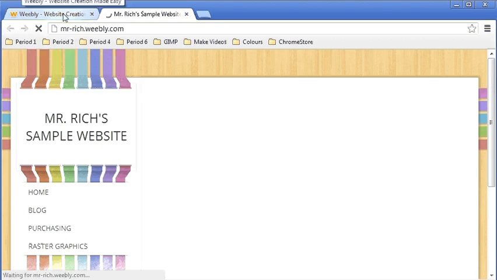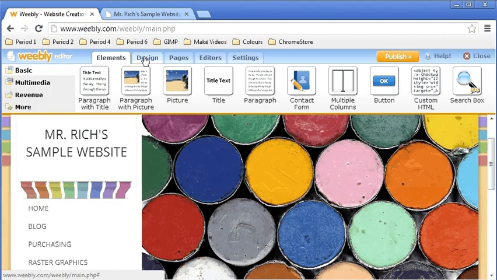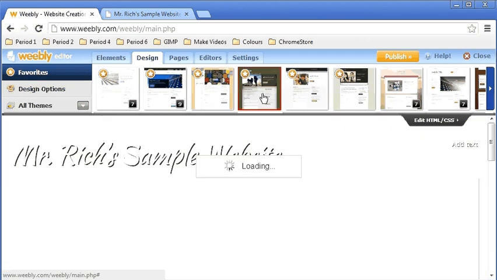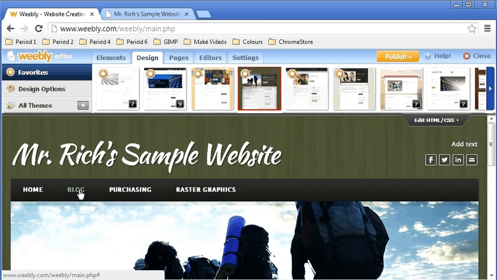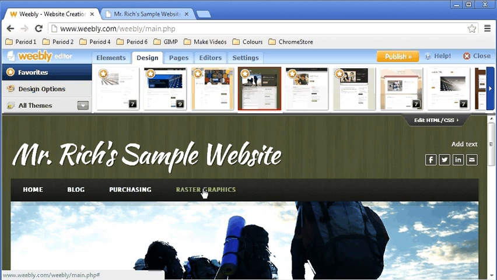If I'm happy with that, then that's great. If I'm not happy with that, all I do is go back to my design, say, actually, I'd like to try this design instead. This one will have links that go across the top. So you can see here, home, blog, purchasing, comparisons, computer for Helen, raster graphics. Any other ones that we want will just go right across the top. And if we run out of space, we can deal with that later. And now when I publish this,